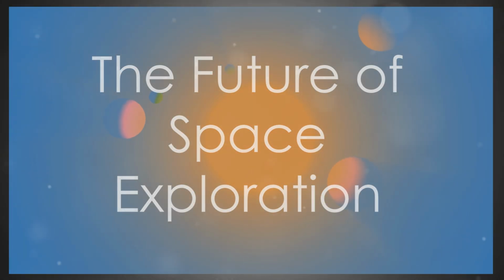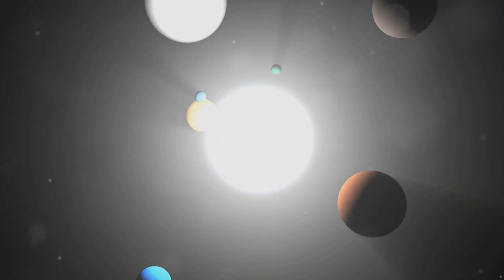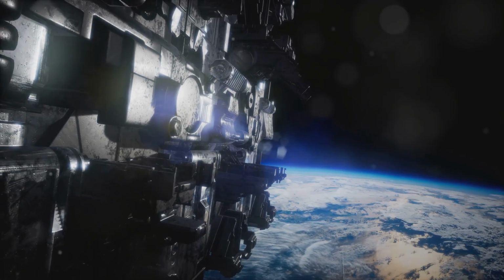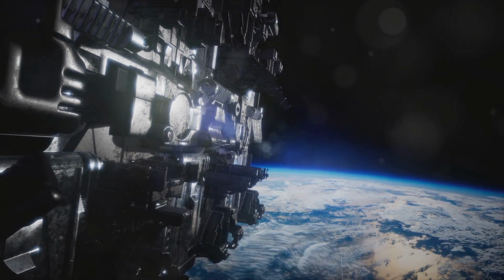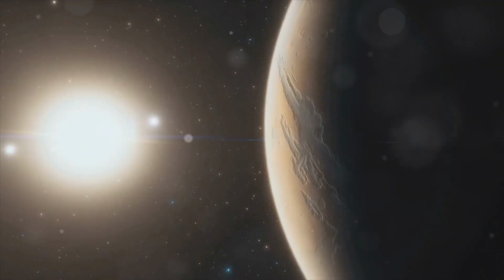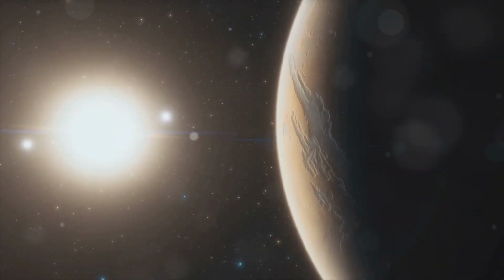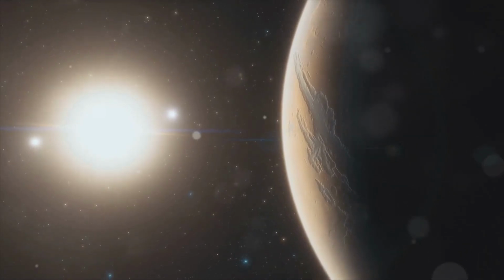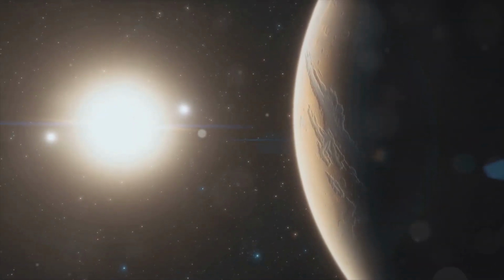In conclusion, the universe is teeming with potentially habitable planets, far more than the number of humans on Earth. This abundance opens a realm of exciting possibilities for the future of space exploration and our understanding of life beyond our planet. The discovery of nearby, Earth-sized exoplanets like Gliese 12b and Kepler 1649c within their stars' habitable zones is